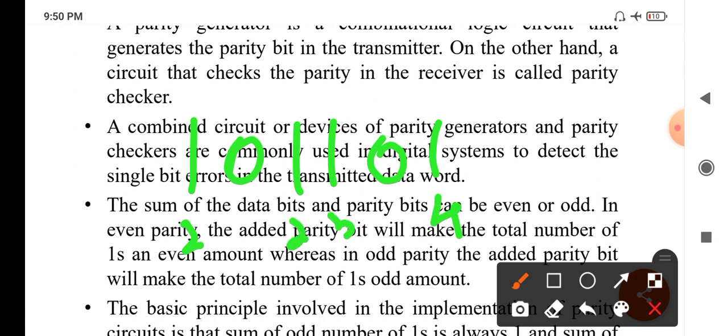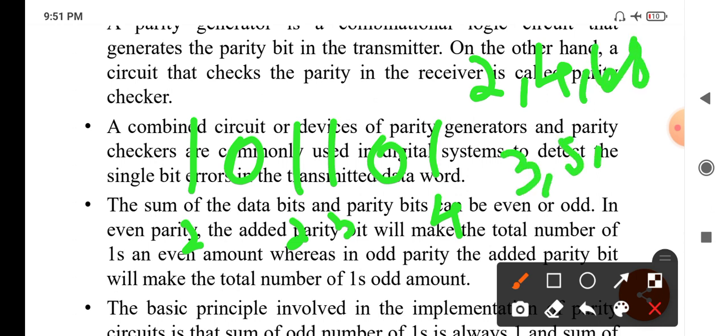So the total number of ones here is equal to 4, and it consists of an even number of ones. I think you know about even numbers. Even numbers are 2, 4, 6, 8, and odd numbers are 3, 5, 7.